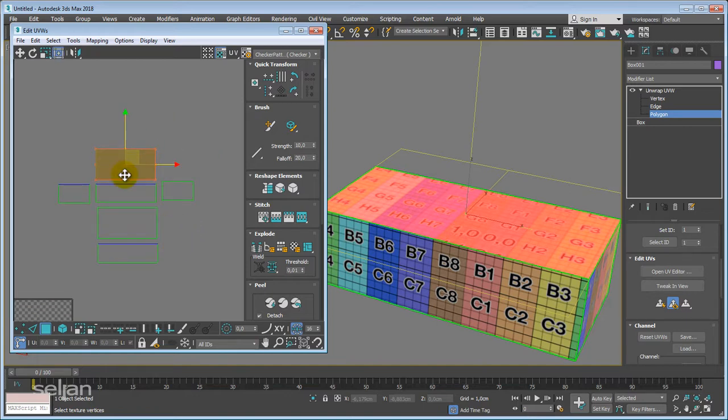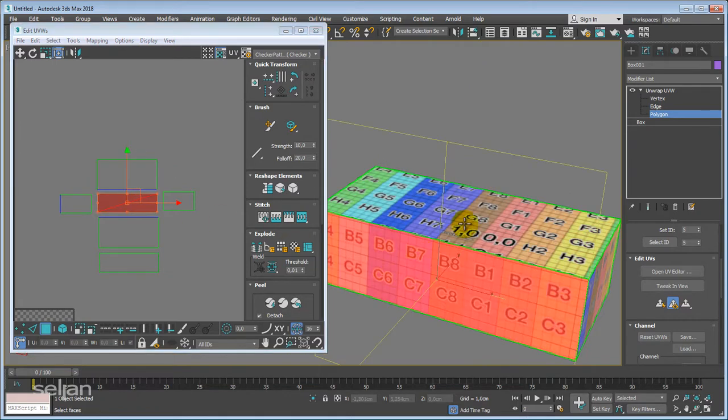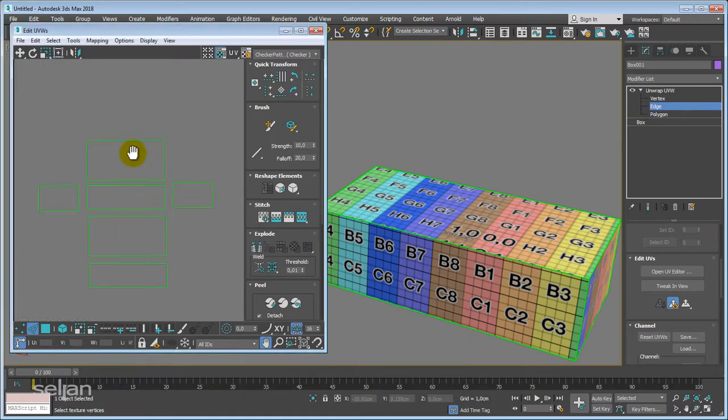Because this polygon has four edges around, it could be up to four blue connecting corners, connecting points. But it's pretty hard to tell which one is the best because I want to connect this one to the side, the next one. So we will move up in the subobject levels from polygon subobject level to edge level to narrow down